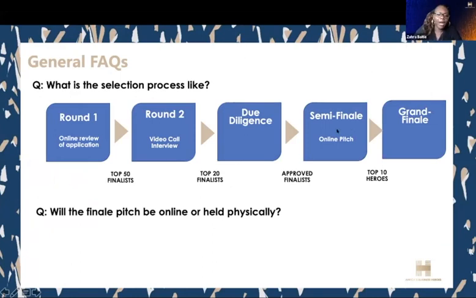But maybe I'll also provide some clarity on this. Last year we used a hybrid event. Our finalists pitched from their home countries in a studio, but it was online. So we weren't all physically together, but they were able to pitch from a studio and have somewhat of a formal experience. Again, we will monitor the situation. COVID protocols are most important for us, so we'll adhere to them, but to the extent that we can create an engaging experience, we certainly will.